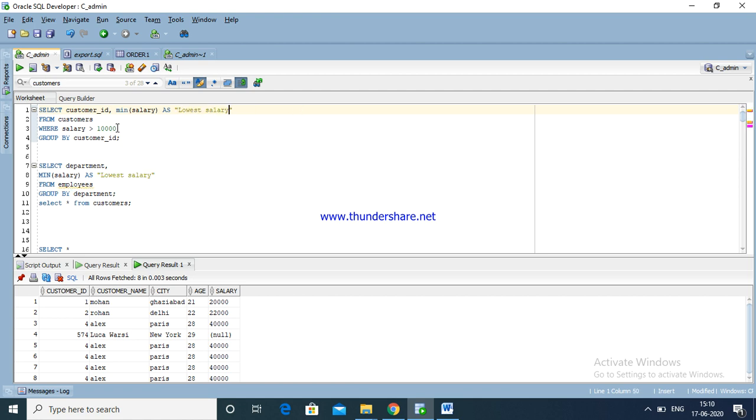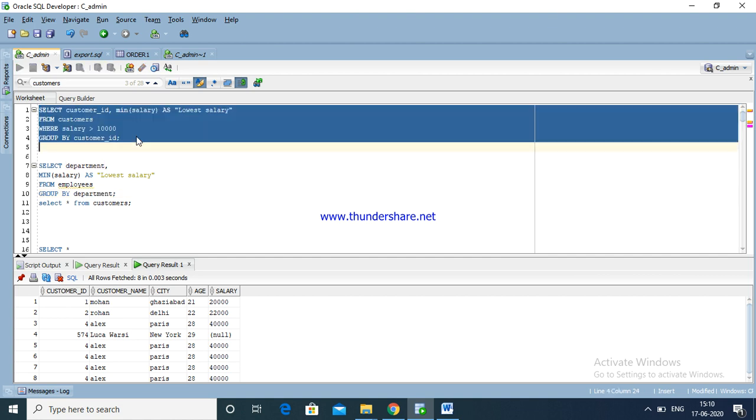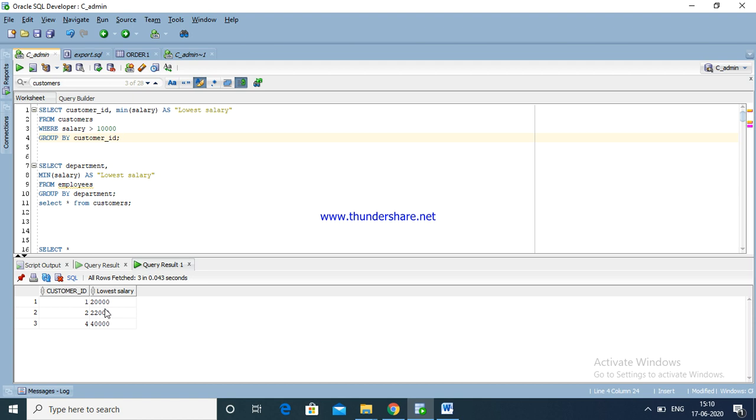Here also department grouped order. Now I am going to enter. See here, min salary 20. Here one record, 2 records, and 4 records, min salary. Lowest salary. This way we are completed.